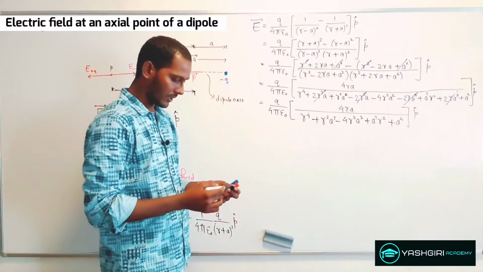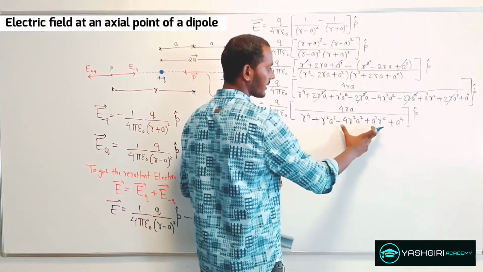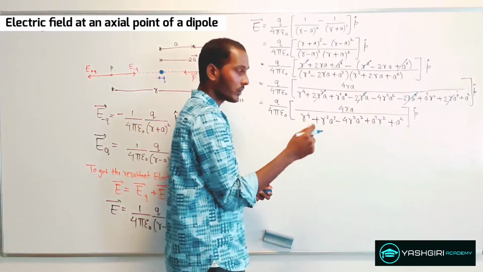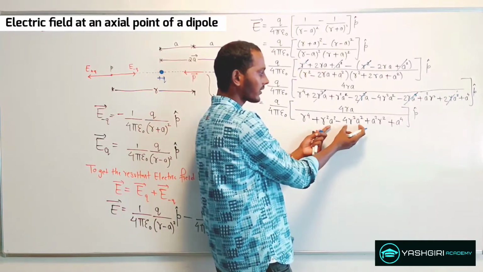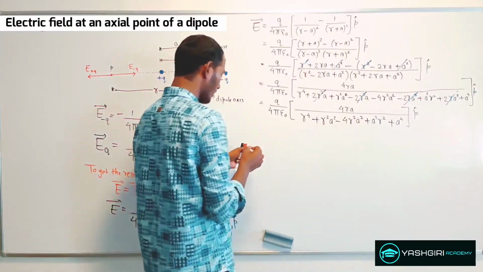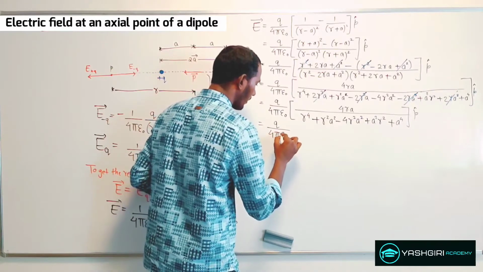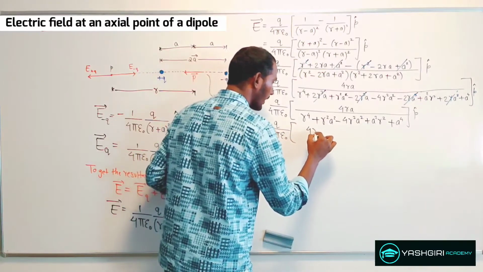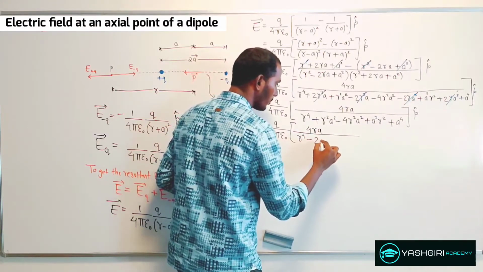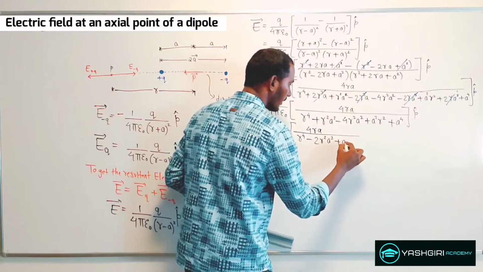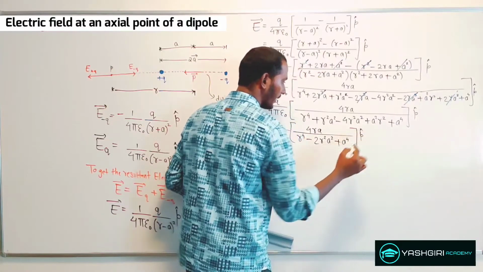Here again, if you see this R square and A square, I can just add this A square R square, that will give me 2A square R square, and if I subtract it with this term, minus 4 times R square A square, that will give me again the expression as Q upon 4 pi epsilon naught into 4 times the RA divided by R raised to 4, and it will give me 2R square A square plus A to the power 4 into close, and that again a P cap.